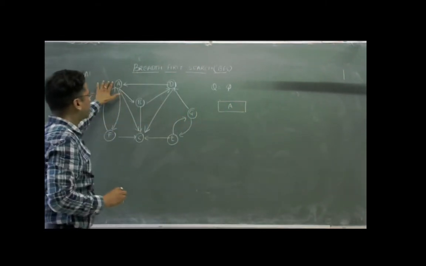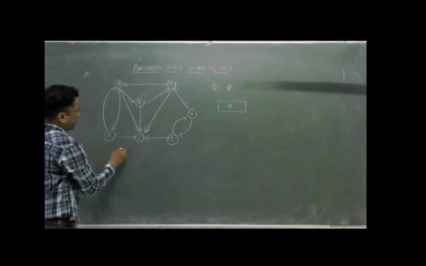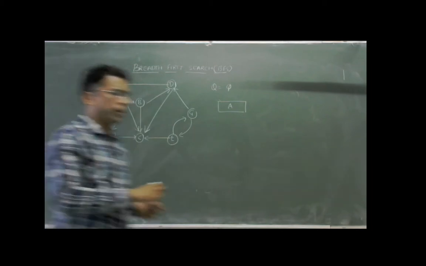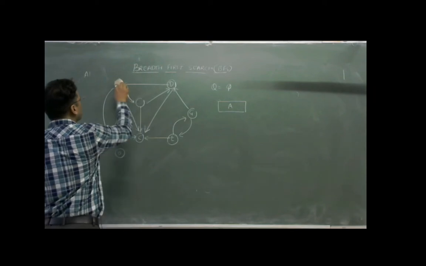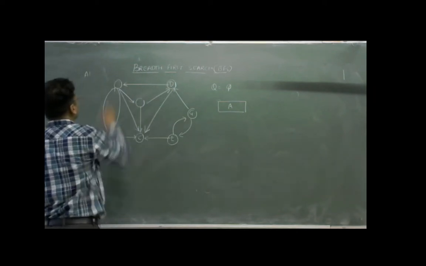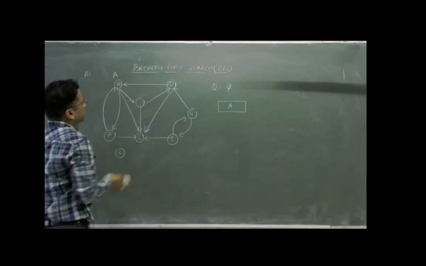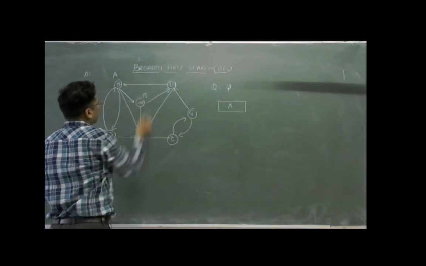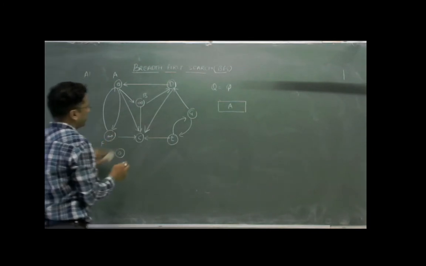When I start with vertex A, then this value is equal to 0. I am drawing a parallel diagram, writing down just the distance of each node. Here, A is at distance 0, because I have considered this node as the starting point, and the rest of the nodes will be at distance of infinity. All the nodes will be at distance of infinity,